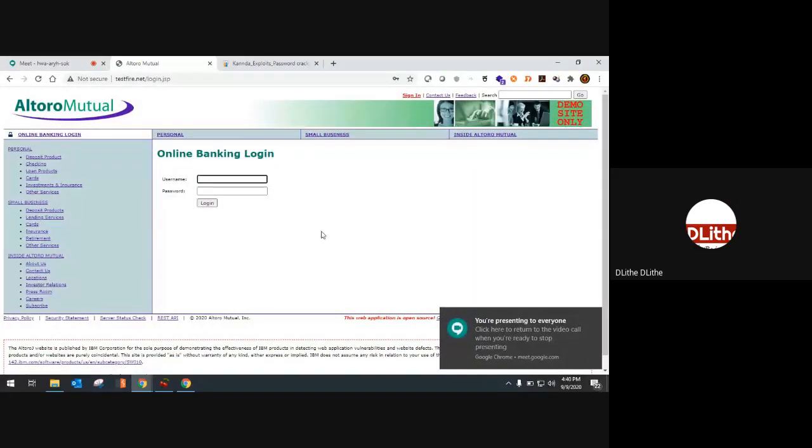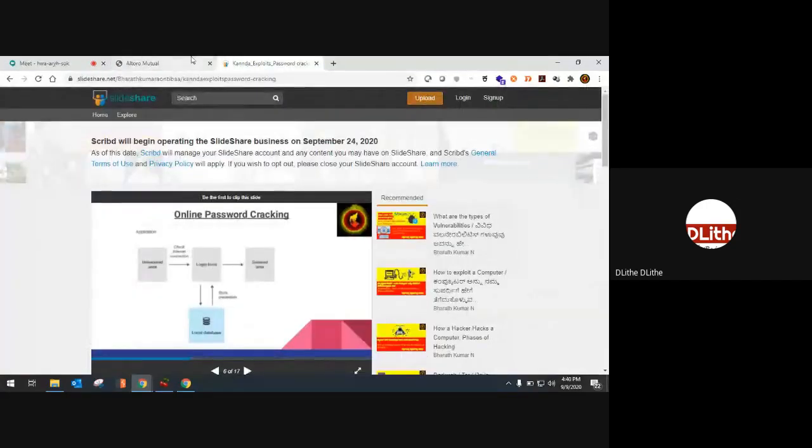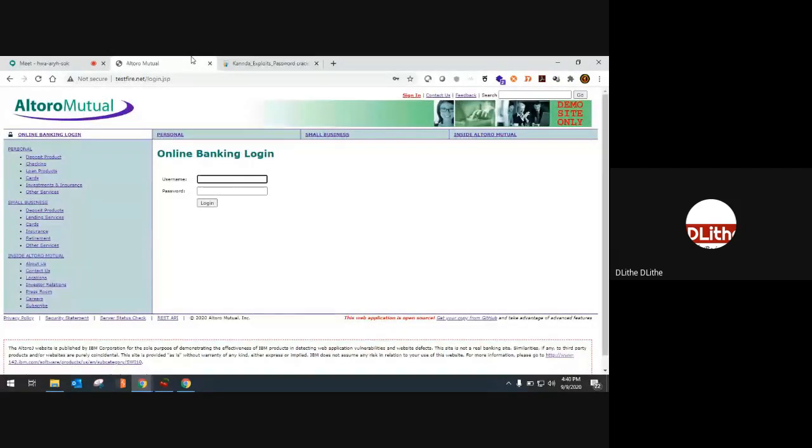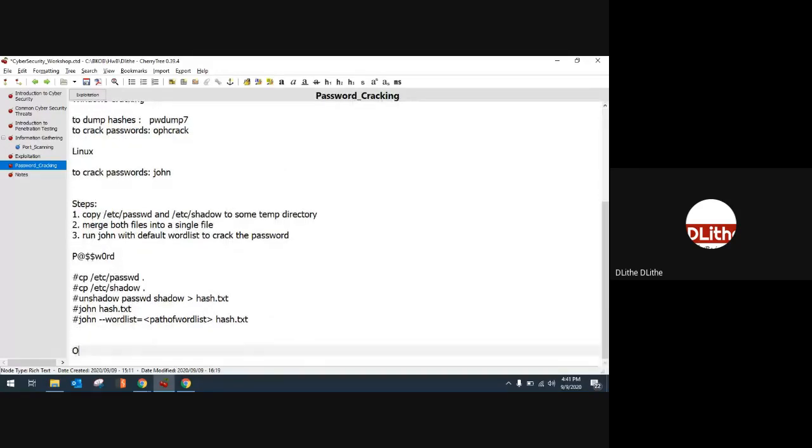And yes, we're in the part of understanding online password cracking. So we understood how passwords work methodologically. Online password cracking is nothing but trying various combinations of usernames and passwords in an automated way. That's the only thing that we do online. The methodology that I've described here would be the same for almost all websites, irrespective of whether it is an HTTP based website or an HTTPS based website, whatever it is. For this purpose, I'm going to be using tools. So let me first specify here: online password cracking.